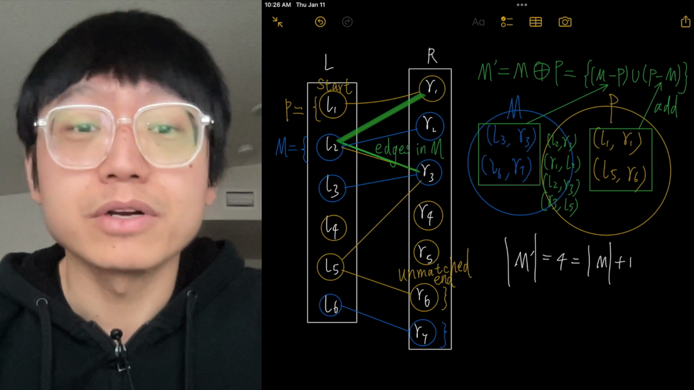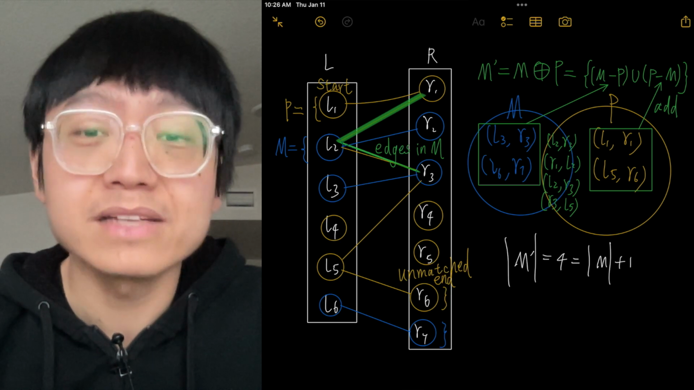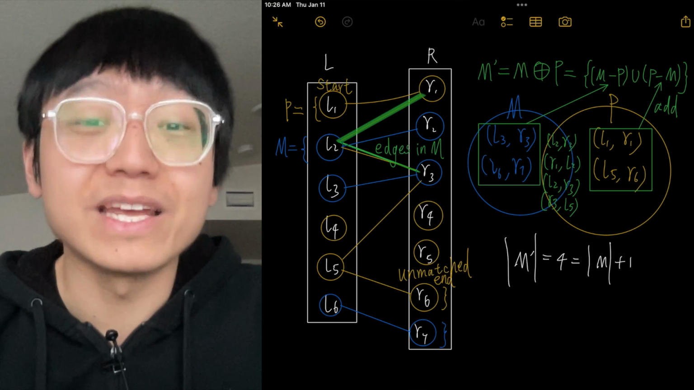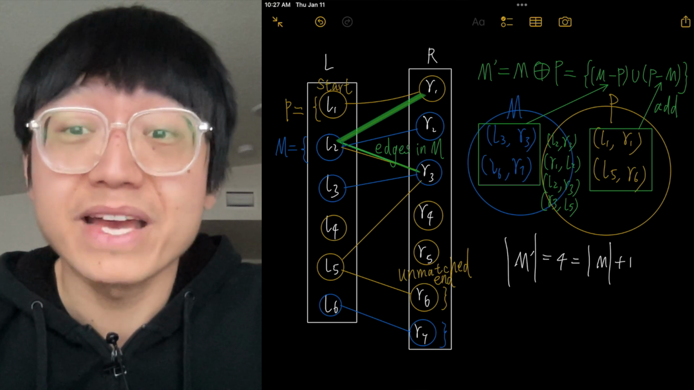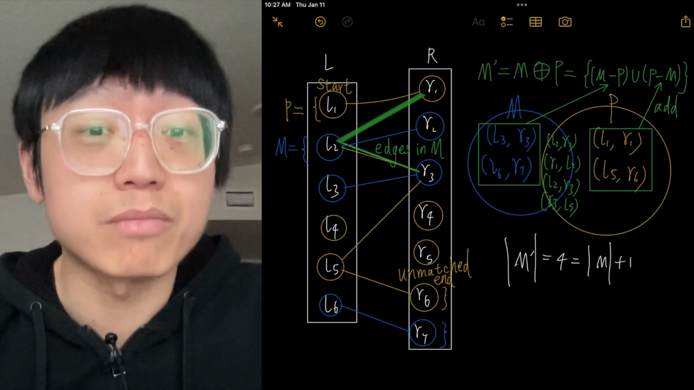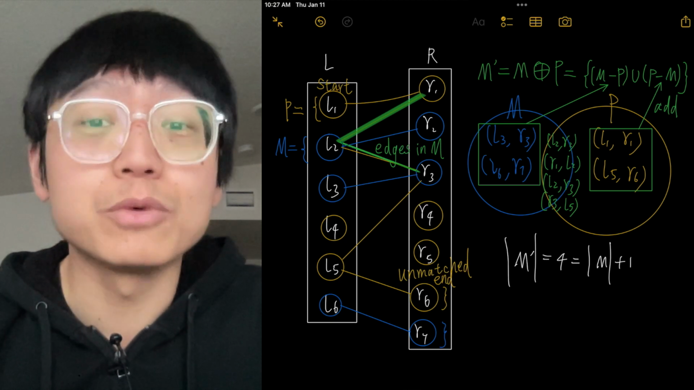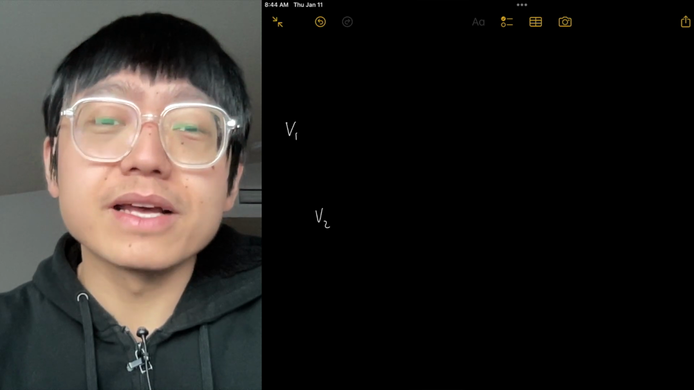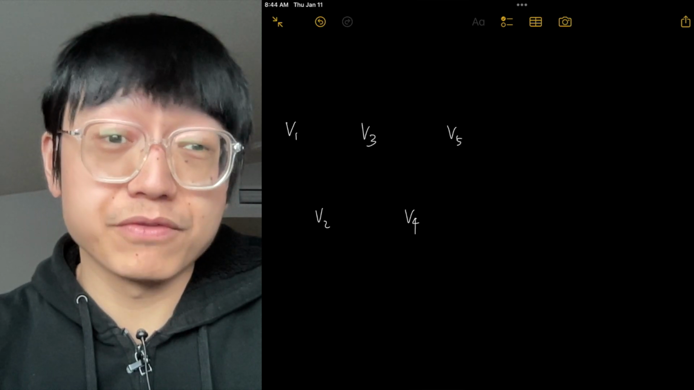By repeating the process of finding M-augmenting paths and taking the symmetric difference with the current matching, we can incrementally increase the size of the matching until no more M-augmenting paths can be found, at which point we have the maximum matching. Let's try to prove the process of augmenting a matching in a graph through the use